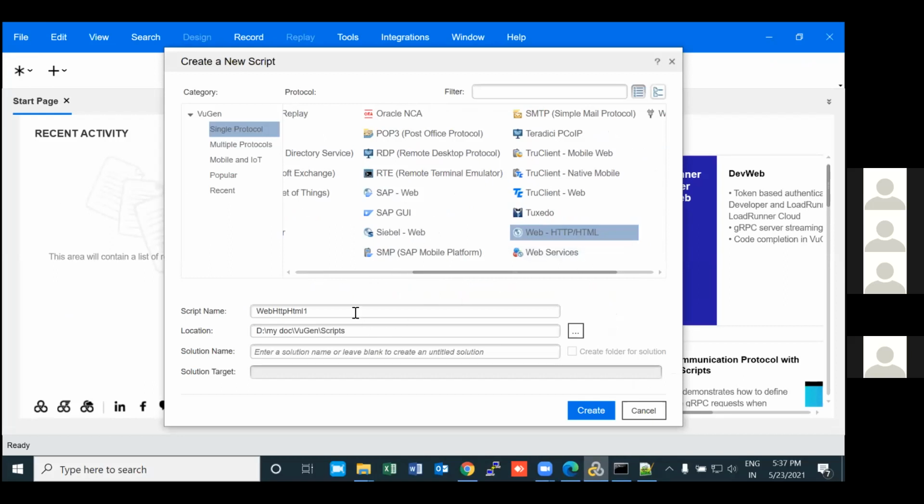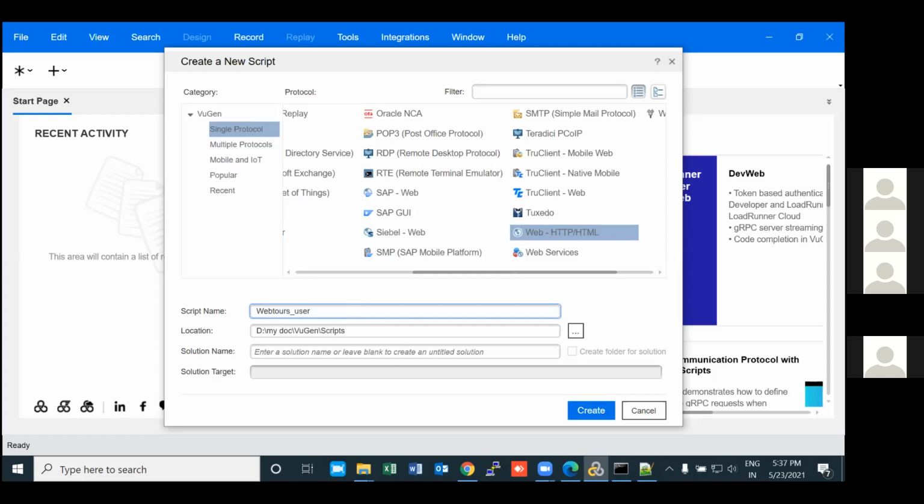Now once you select the protocol, give some meaningful name. Replace that web HTTP HTML with WebTools underscore user registration.